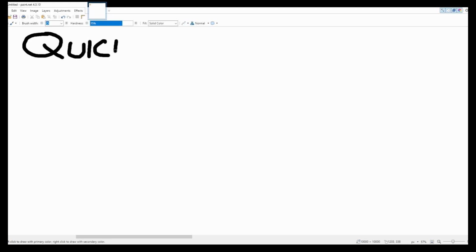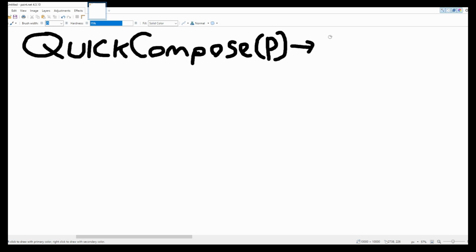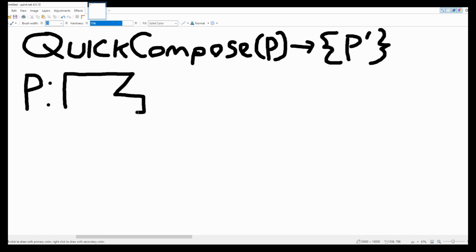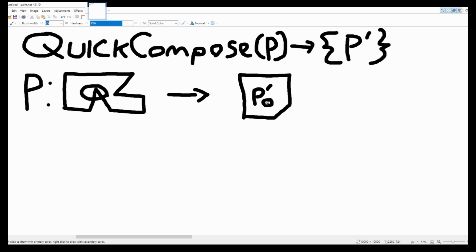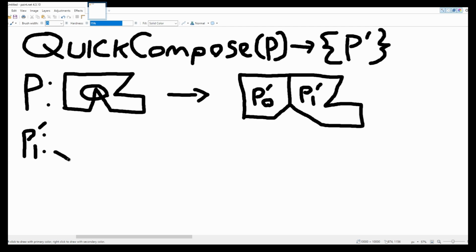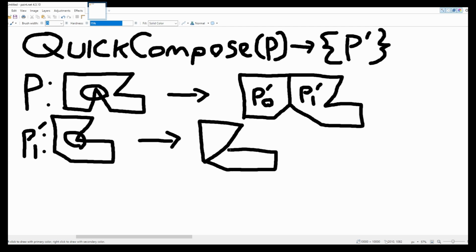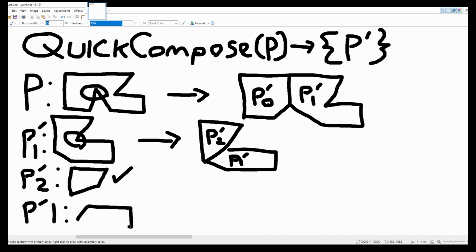To take a high-level look, the algorithm functions like this. Given an input polygon P, identify the next reflex vertex. While we have a reflex vertex, find the best split point on the polygon for this reflex. Using the reflex and the split vertex, divide the polygon into two subpolygons and call QuickCompose again on the new split polygon. Once the original call to QuickCompose on P returns, the navigation mesh will now contain the set of